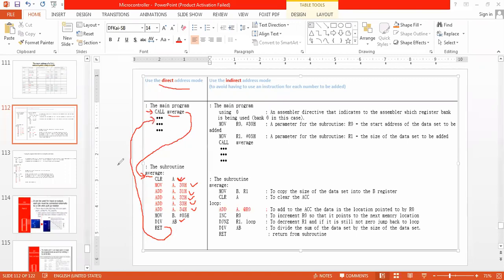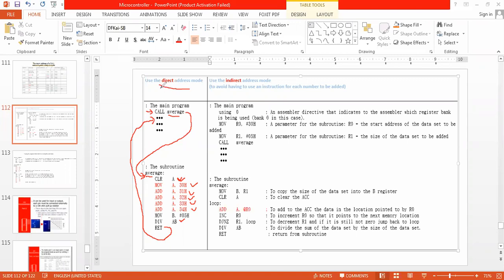So when return happens, pop will happen. So whatever the stored address was there, that address will be loaded into the PC, program counter register, so that the ALU will come back to the next address of the call instruction.